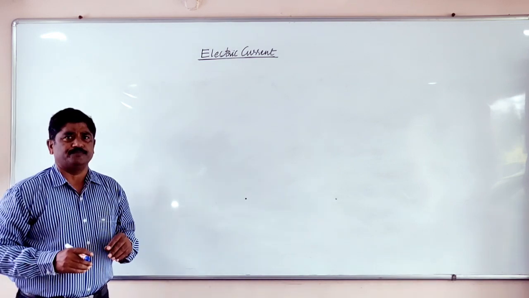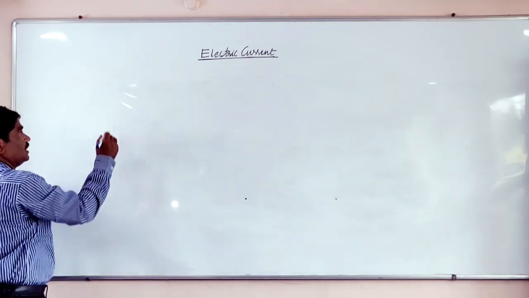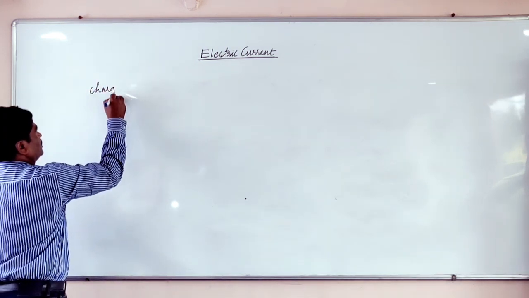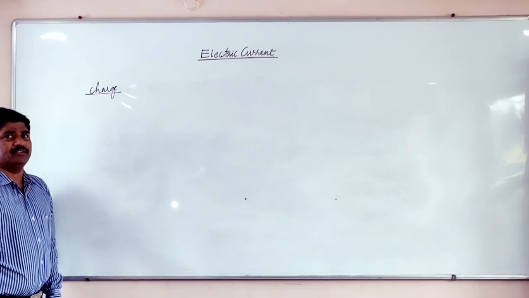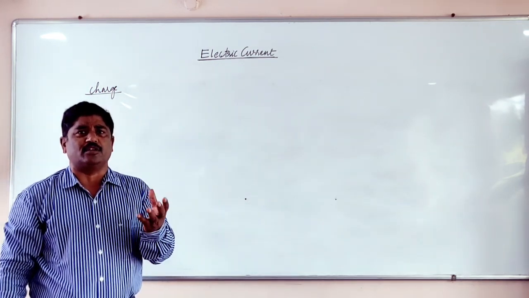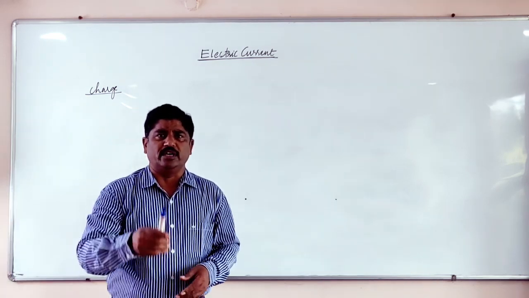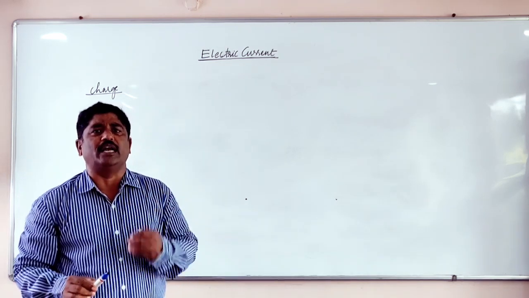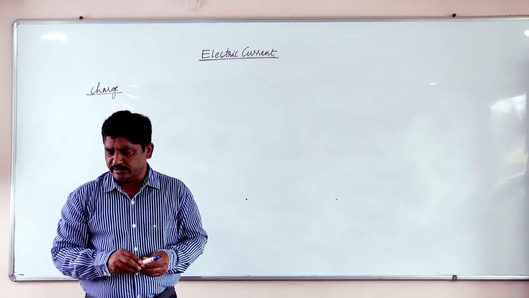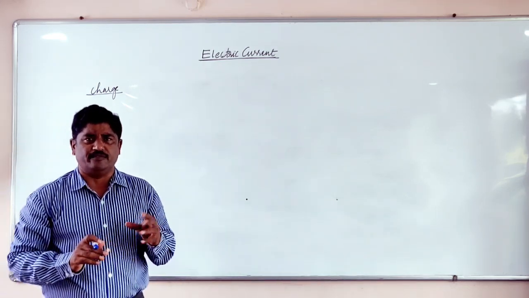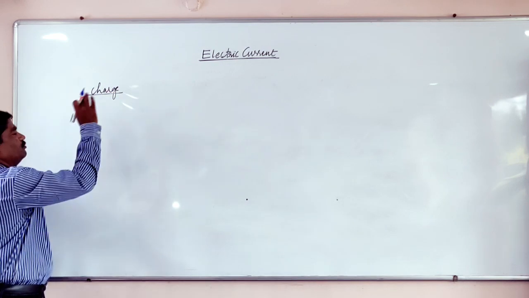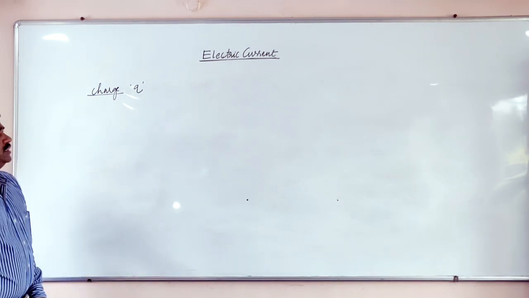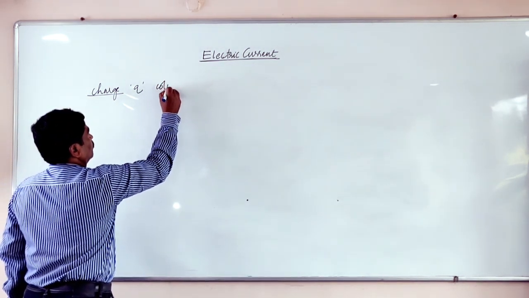What is electric current? Electric current is based on charge flow. So what is electric charge? Charge is nothing but an energy established on the surface. For example, if you take a pen, rub it on your head, and touch pieces of paper, they are attracted. That means because of the rubbing process, energy is created on the surface. That energy is what we call charge. It is denoted by Q, and the unit of charge is coulomb.